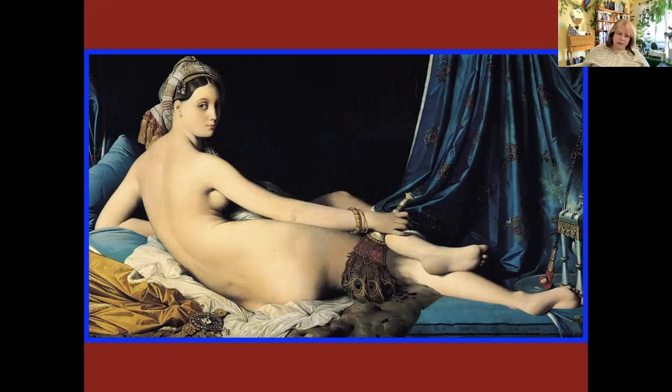Anyway, so yeah. Now, here's the other thing we should be thinking about. This is a take on the reclining nude, right? She's just kind of backwards for us. But obviously, she's still nude. So we talked before with